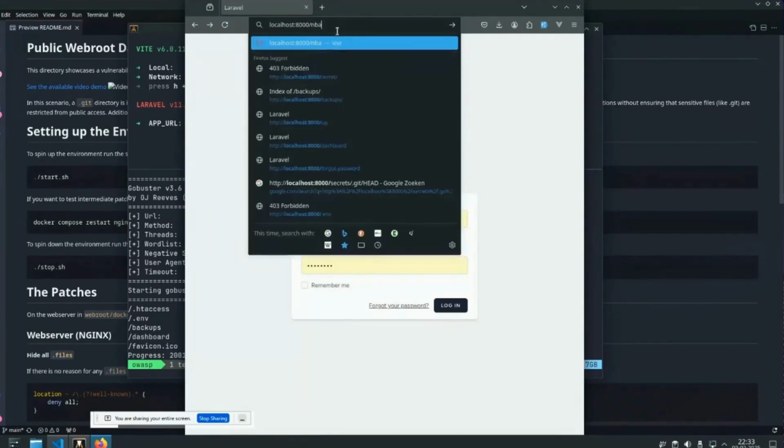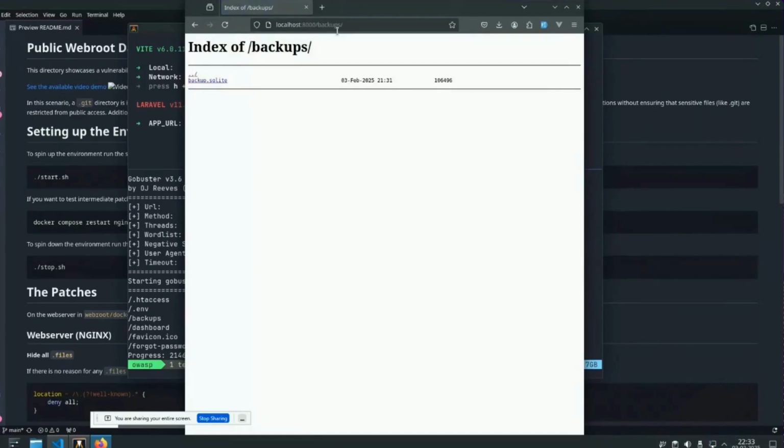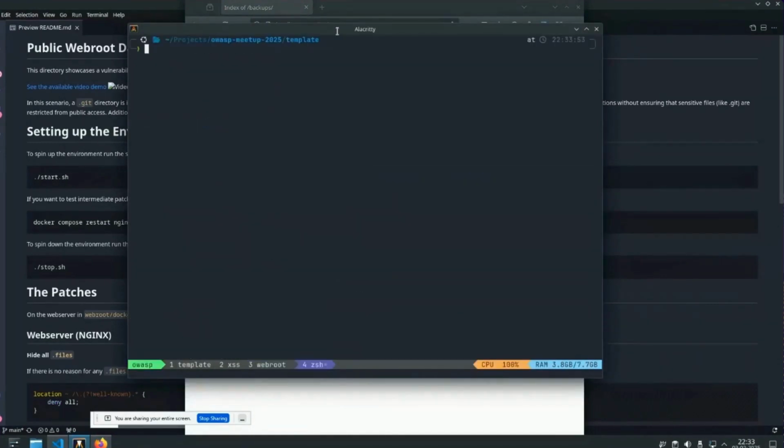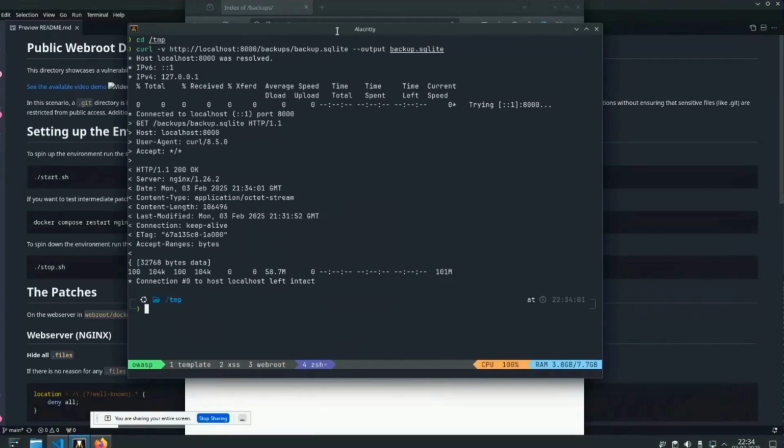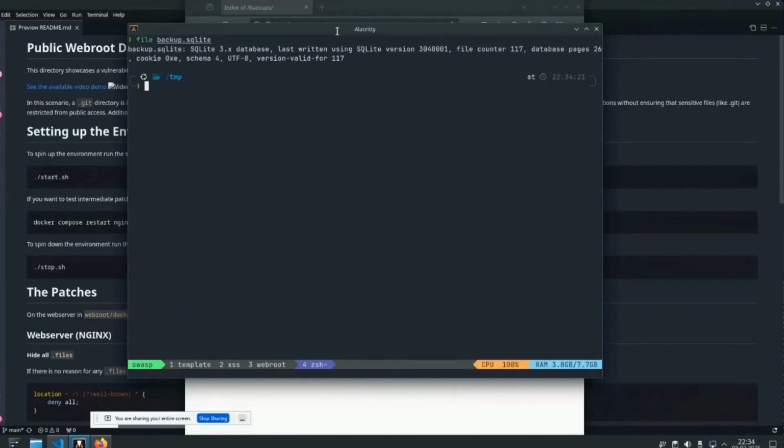We also find a backups directory with directory listing enabled, meaning we can see everything that's inside of there without having to guess it. And it has a database backup SQLite file, a database, which we can then download and of course inspect for content. The entire database backup is now in the hands of the attacker, and it's how a lot of database breaches take place. If we look at the content of the database real quick,